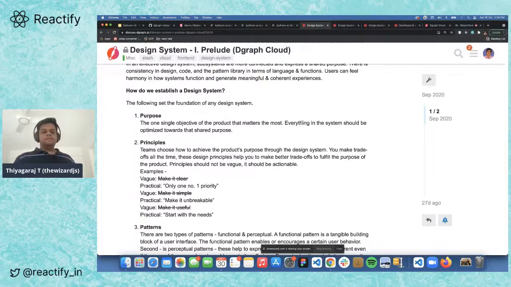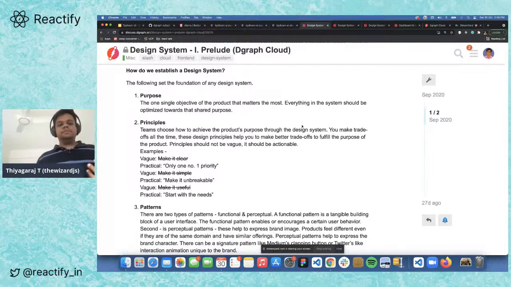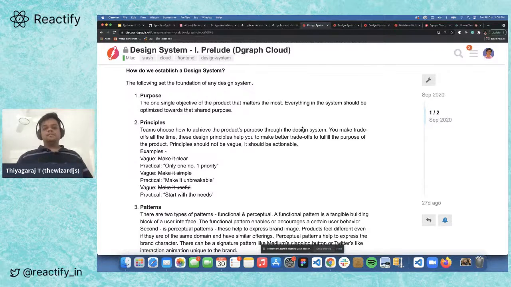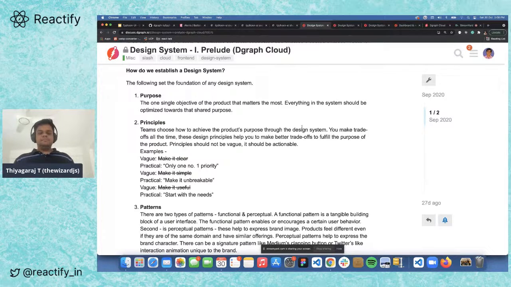So the first one is purpose. There should be one single objective across the team and across divisions, so that there is clarity around what we are really trying to solve for. And second would be the principles, right? How do you solve this purpose? You need to give the right questions to say, hey, I need to solve this, but how do I do that? So, for example,